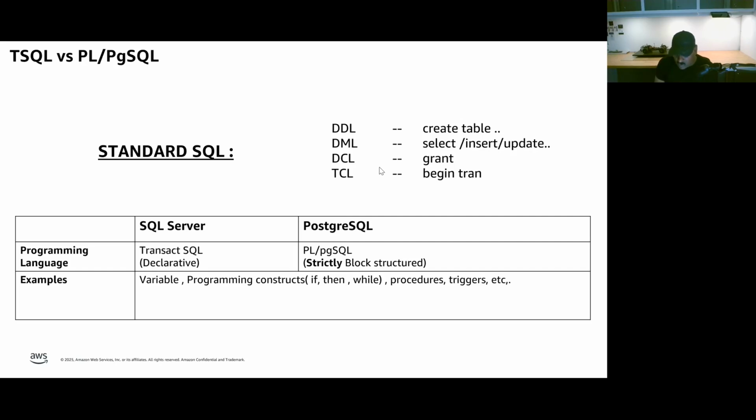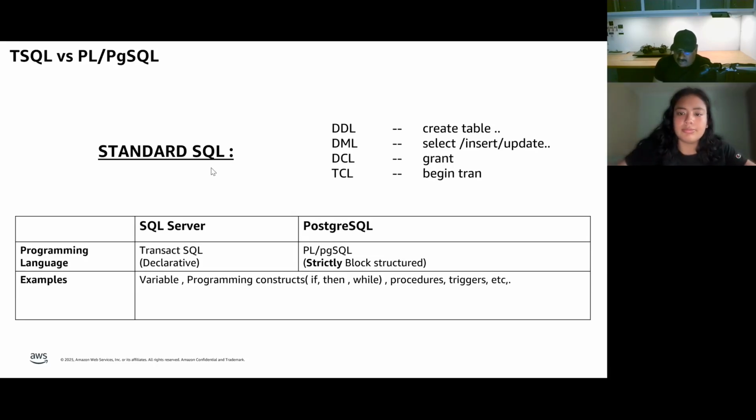In terms of coding, both SQL Server and Postgres support ANSI SQL. That means all SELECT, CREATE, UPDATE, INSERT statements, as long as they follow the ANSI standards, are supported in both SQL Server and Postgres. But if you use any proprietary commands, like PRINT or CREATE FUNCTION or CREATE CURSOR, these kinds of things, since these are proprietary to that particular database engine, you have to follow certain things.